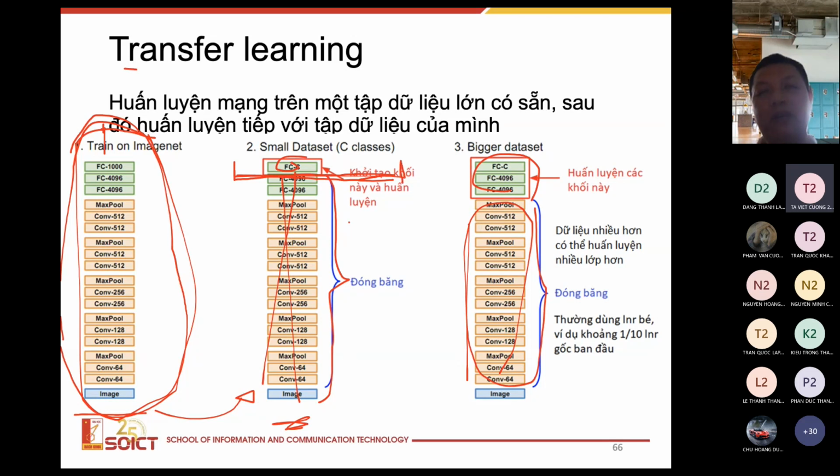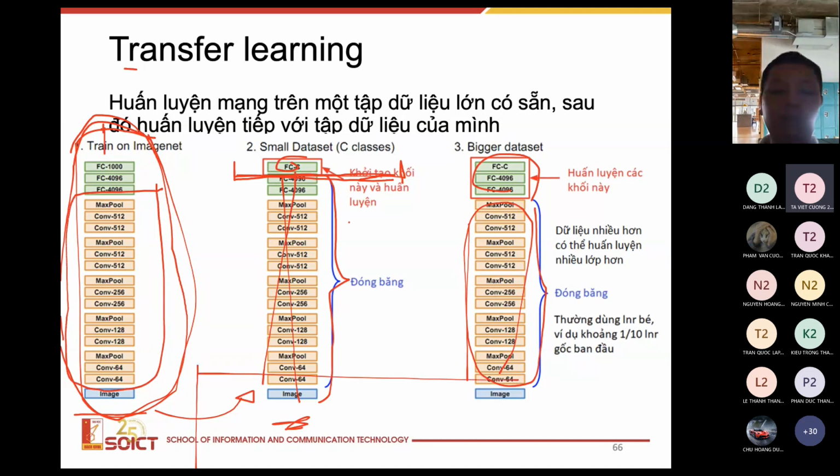Thay vì em phải tạo ra một mạng CNN ngay từ đầu, và sau đó tiến hành train mạng CNN này với dữ liệu của em, thì em có thể nghĩ đến việc sử dụng transfer learning. Em vẫn là bài toán phân lớp ảnh thôi, nhưng em thấy rằng em có thể tái sử dụng các trọng số trong ResNet mà người ta đã học được khi train với bộ ImageNet. Tại vì trong mạng CNN,